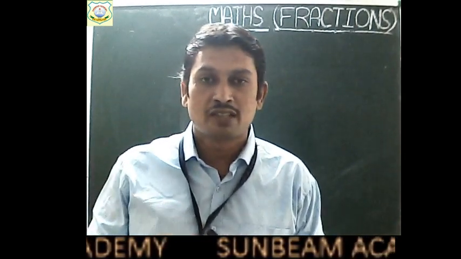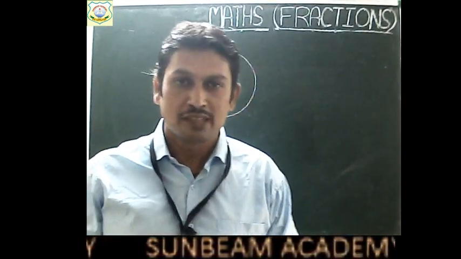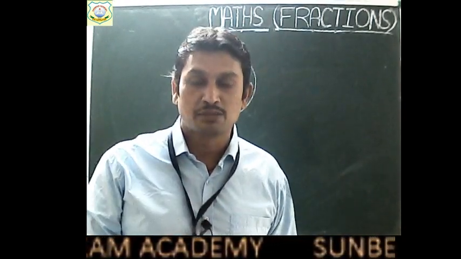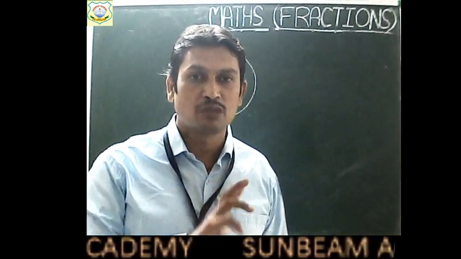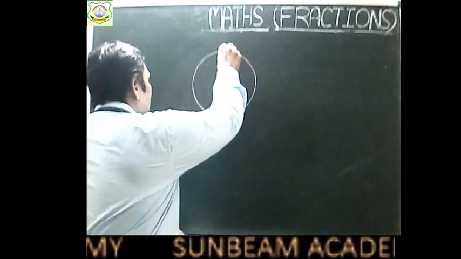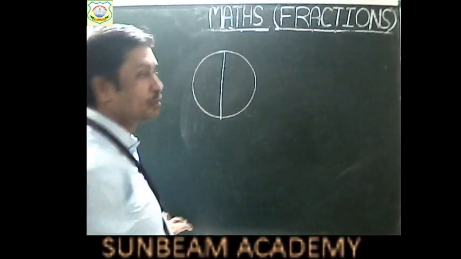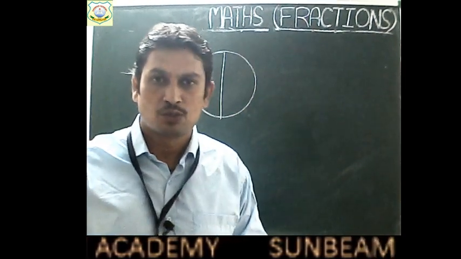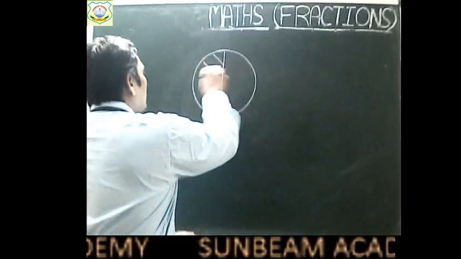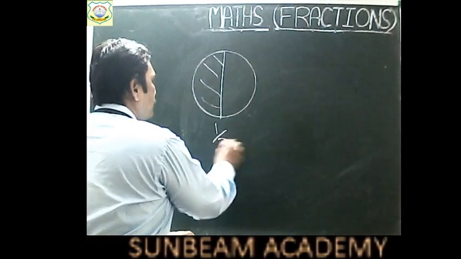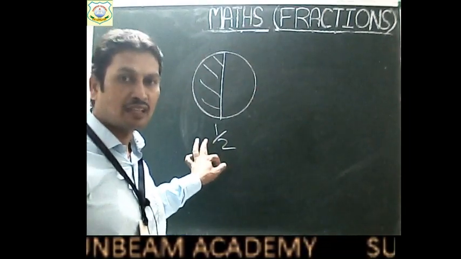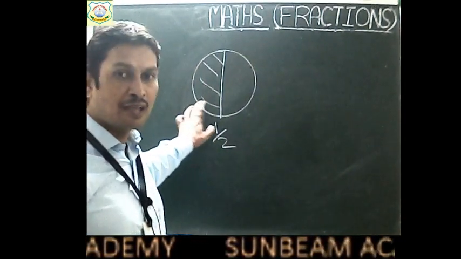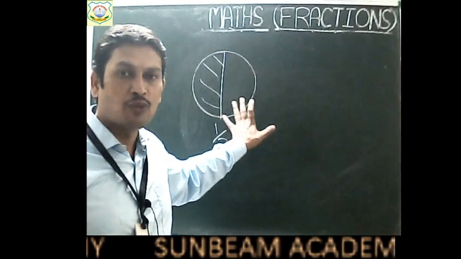So how will your father divide this watermelon? Can you tell, children? Your father will divide this watermelon into two equal parts because there are two people in the family to eat it. So he will divide it into half and half parts. Out of these two parts, one part will be taken by you. So 1 out of 2 is the fraction that you will get. Right children? You are getting one part out of two partitions.